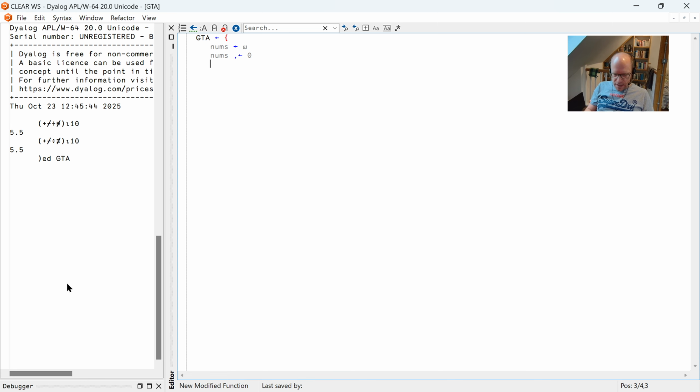And then I'm going to calculate the average like we did before. The average gets the plus reduce divides tally of the nums,